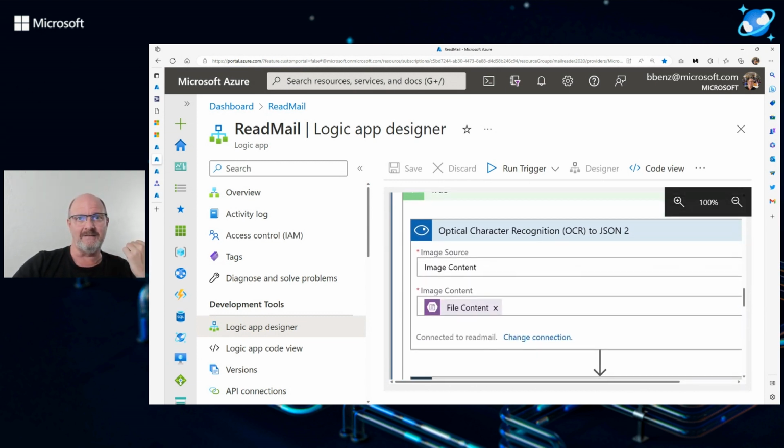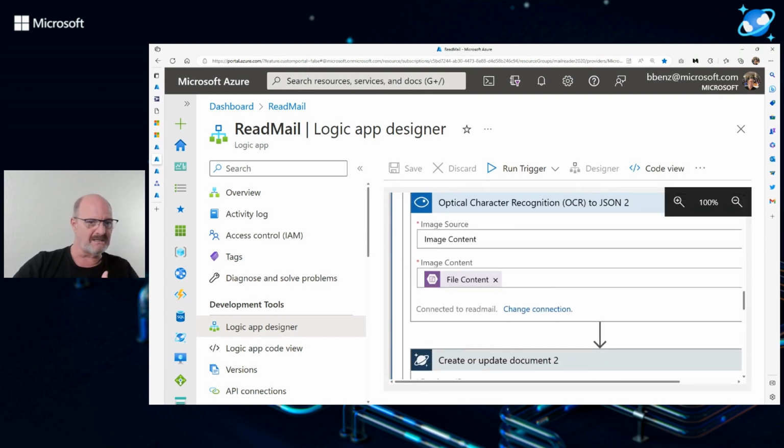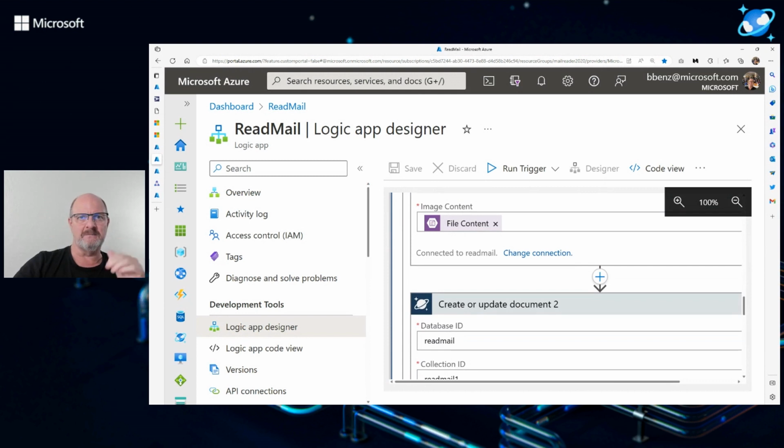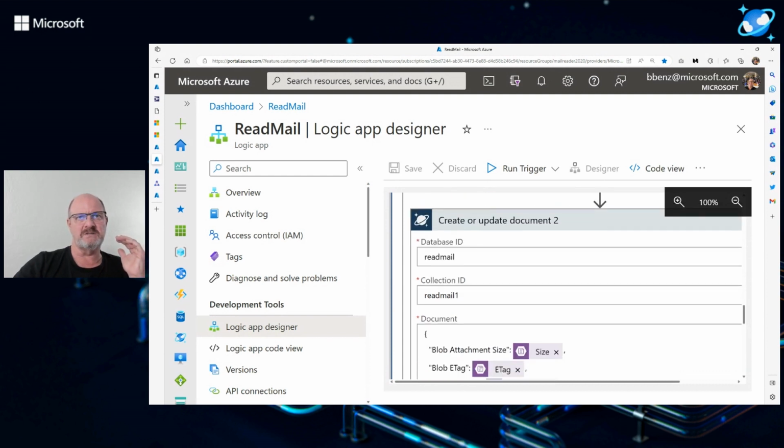Then you take that file content, which is the image, you pass it to optical character recognition to JSON. This is a pre-built condition that's in a Logic app, and that returns a JSON document. Now, on top of that JSON document, once that's actually created, we pass that JSON document to Cosmos DB.